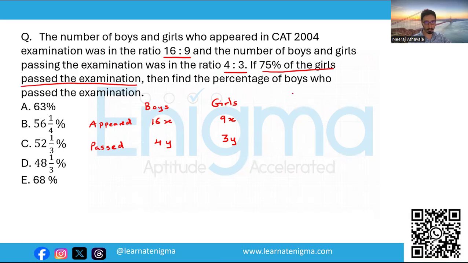Okay. Now, percentage pass, the concept is very simple. Number of passed students, or in this case, passed girls, upon total girls into 100. Now, this value is given to us as 75%. Now, the passed girls are 3y. So, 3y upon total girls are 9x